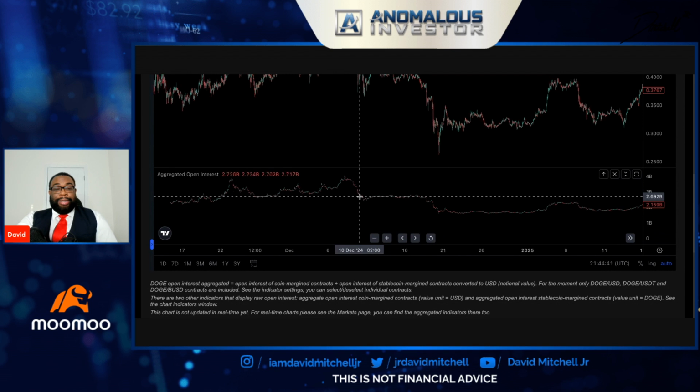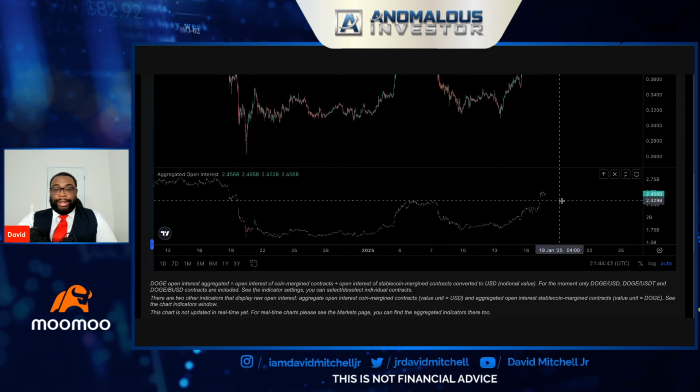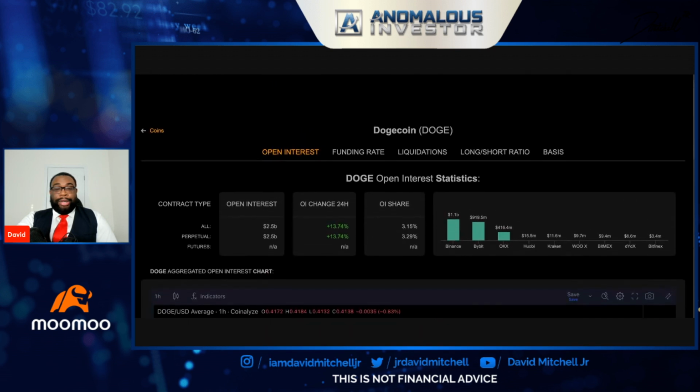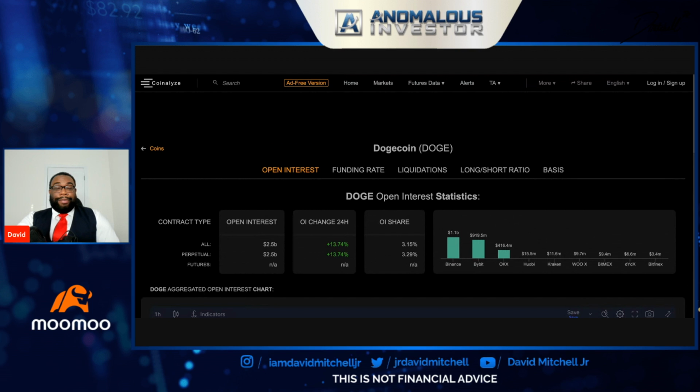So we're getting there, but we'll certainly start looking at these indicators more, especially once we get across that 3 billion mark for open interest. So like another 500 million into open interest here. And we'll open up that discussion because that puts us closing in on some of those percentages and numbers that we've seen around late Q4 of last year. And that's going to be a major co-witnessing factor to get the idea of the strength of the movement, so that we can line all of these up and get some great probabilities of us breaking above the current